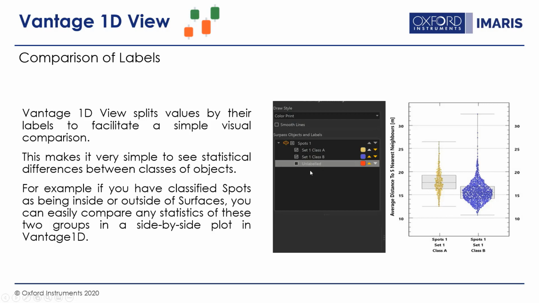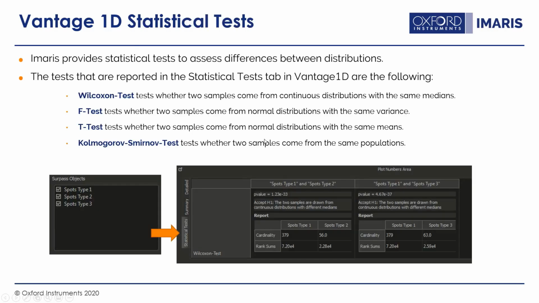You can split the different classes within a compound with this split tool here. And the sequence can be changed with those arrows. The sequence is important for the statistical tests. Vantage 1D provides statistical tests to assess differences between distributions. There are 4 tests which Imaris Vantage can provide to you. You click on the tab and you get directly the